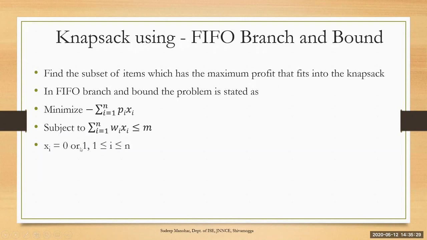And this is a 0-1 knapsack example. So 0-1 knapsack means we won't consider any fraction of the items. So finally, the result, whatever we get from this, doesn't contain the fractional part of any item. So it contains the whole item. Either the item is considered or the item is not considered.